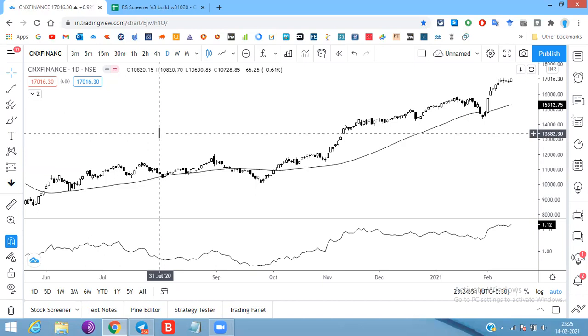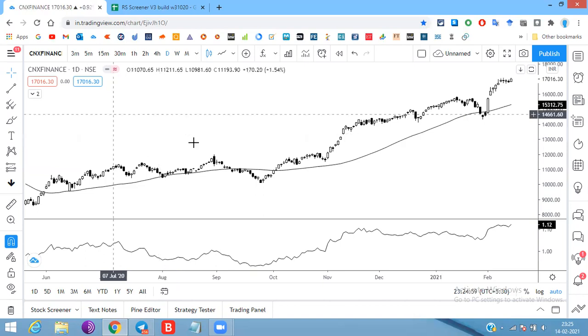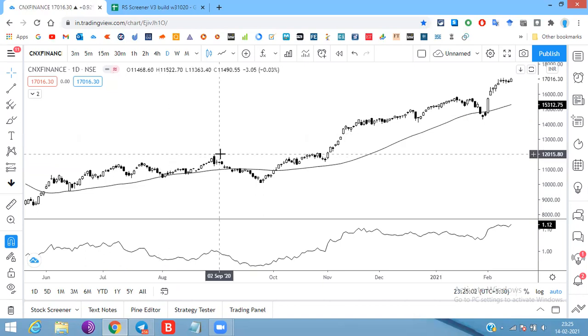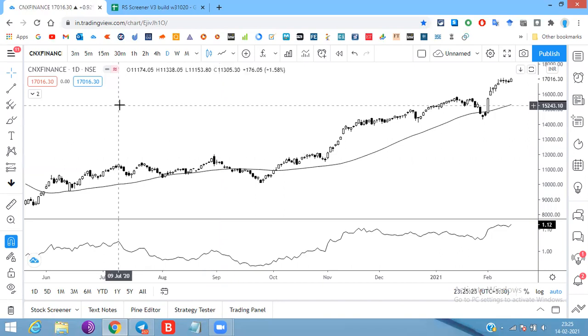So let me take a few examples of analyzing Nifty and the sectoral indices. I won't be covering any stocks as such, because if I sit down to cover stocks as well as sectors, it would be a very long video, and I have seen that long videos are not very appealing, people don't tend to watch them. That's why I'm trying to cover the whole video as soon as possible and in an explanatory manner.